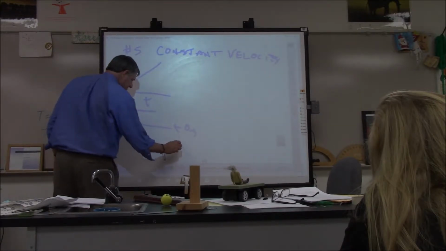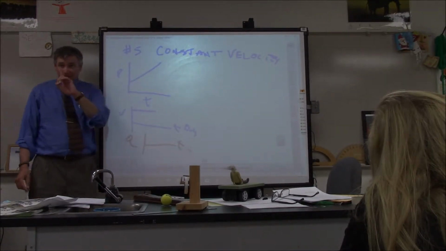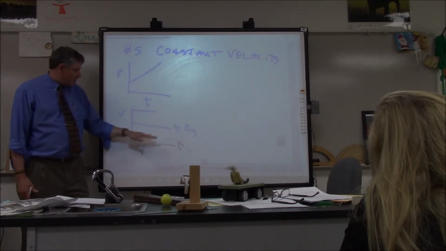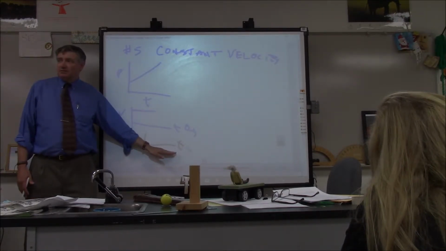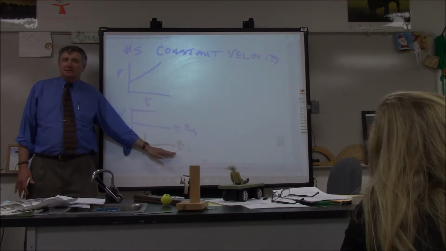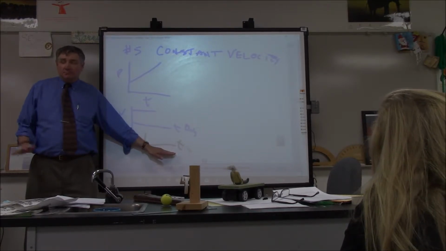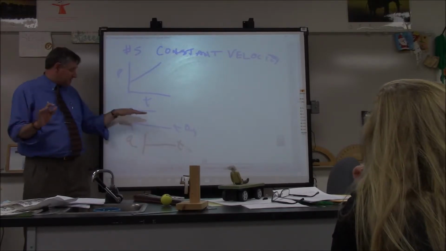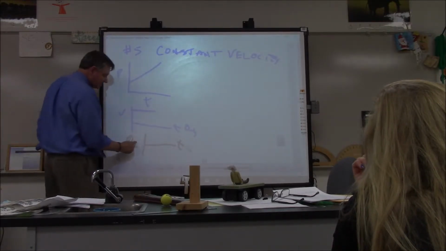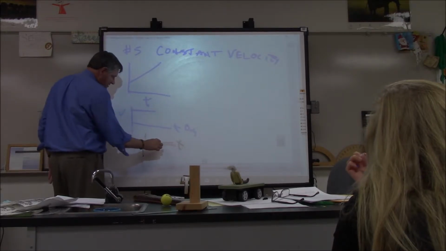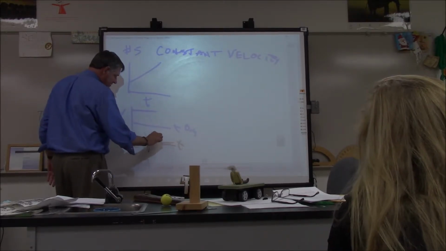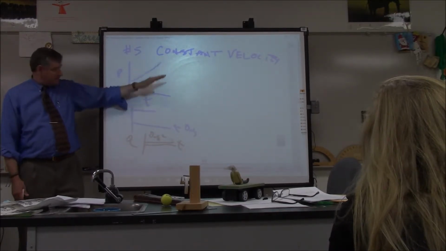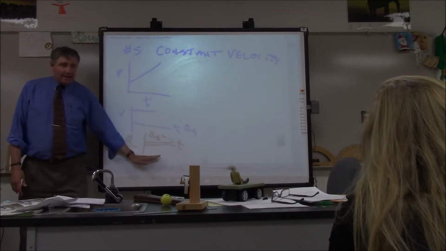Here's an acceleration time graph. So, if my velocity is constant, what's my acceleration? Don't make this difficult. There just isn't any, right? There is no acceleration because my velocity is constant. So on an acceleration time graph, that would just be a horizontal line at 0 meters per second squared. So straight sloping line here, horizontal line here, I got nothing here.